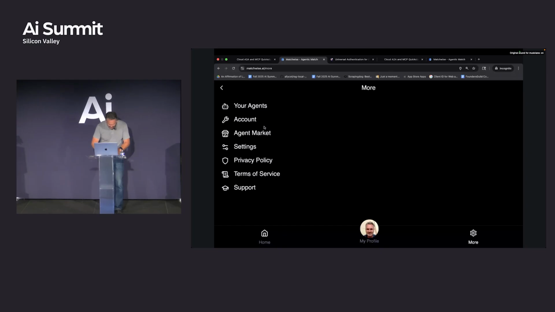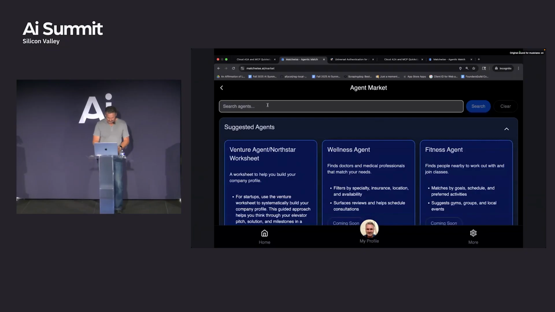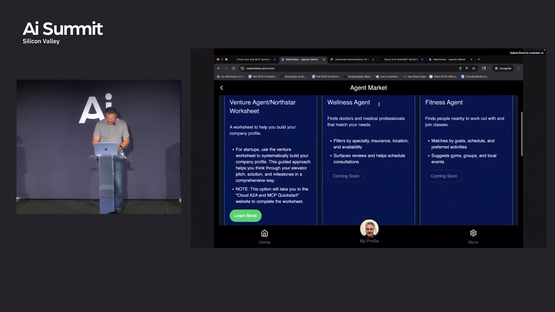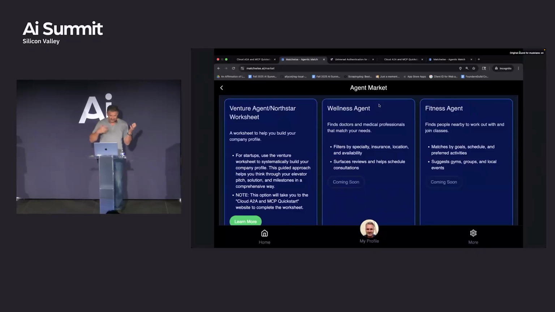So on this one here, hopefully it works. My agents, good. Okay, it's mostly working. And you saw this list before. It's a list of agents tied back to your DID, all that kind of fun stuff. But we can add an agent from the market. I'm just getting this put together right now. But I think the future really is that a bunch of people, hopefully you guys, go out and build a gazillion agents. These are the new workers of the digital world. And on identity hosts like Matchwise, like LifePath, like a bunch of other services out there, you can make your agents available within these marketplaces.